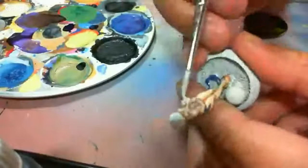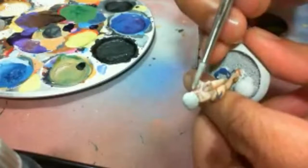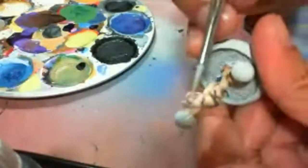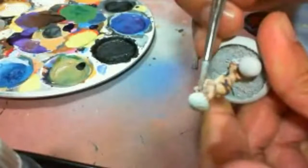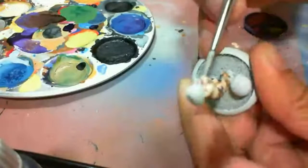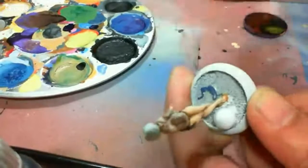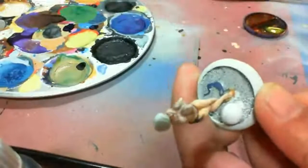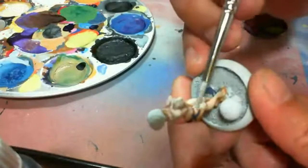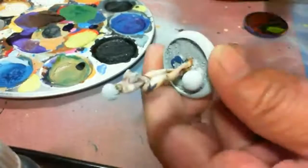The only place I don't want to get this is in the model's eyes and her mouth. So on the face, I actually will target where it should be. But this is perfect with how thin this is. Because really, if I screw it up too bad, at least it's thin enough, transparent enough to let the color gradient show through underneath. So I'm going to do that. Oops. A little bit here on the...